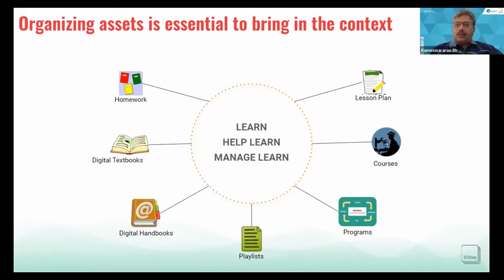Interestingly, it can also be used in, let's say, managed learn scenarios where, for example, a DEO wants to see certain outcomes in the schools within his or her district. They might have certain observations or surveys to be conducted, and based on that, certain projects to be taken up by the various school heads, and then assess them again, right?